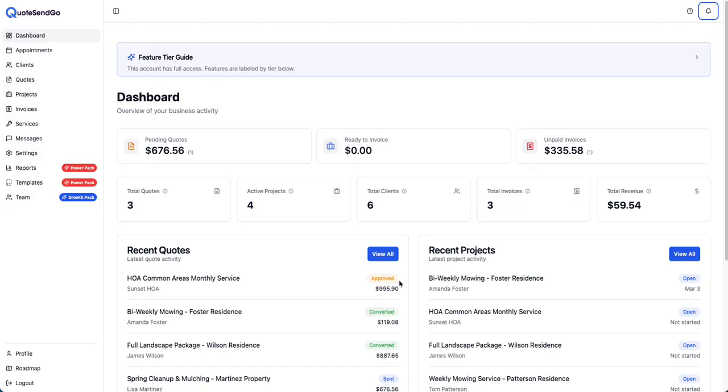In this video, I'm going to give you a general overview. This is not a tutorial video, but just a general overview of all the features in Quote Send Go and the corresponding plans. So the features for the front end, the features that are going to be available in the upsells, which are the growth pack and the power pack. So this is just a quick overview going through the whole platform from the dashboard all the way down, the